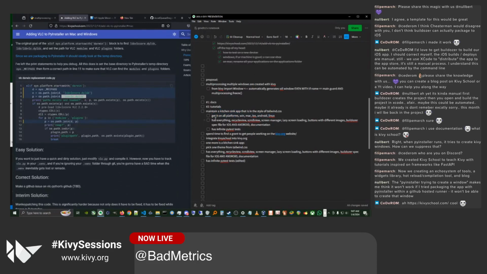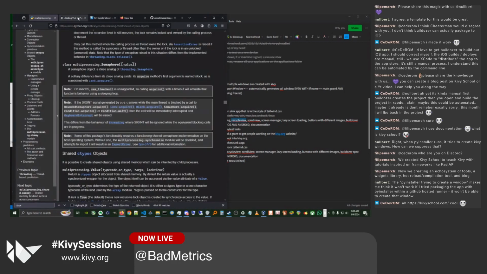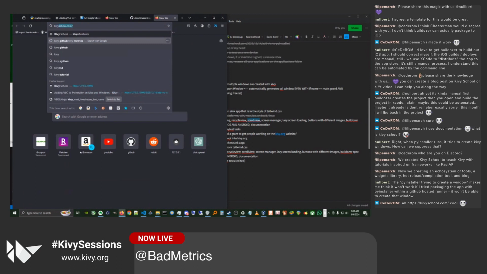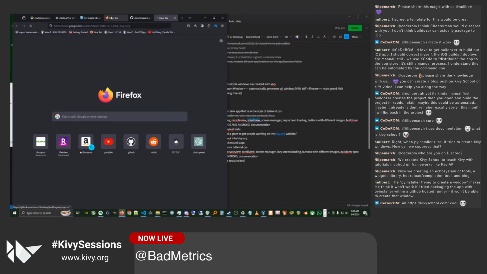That's good. Another thing is, if you support a kitchen sink app, it will have everything. For example, you have a recycle view option, and when you have a recycle view option, you have an example for users to look at, so they don't have to crawl through the docs of Kivy org. Like, where is it? Sometimes with Philippe, where is it? Kivy org. Let's just look at the